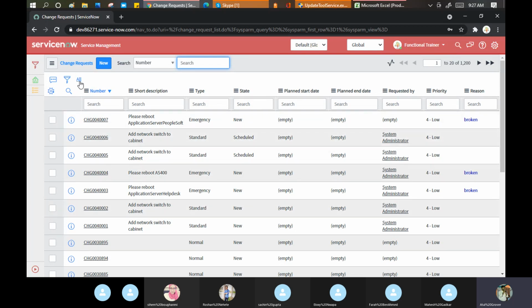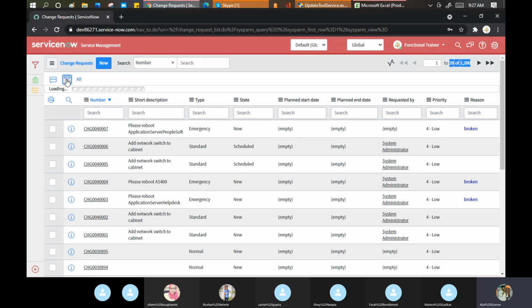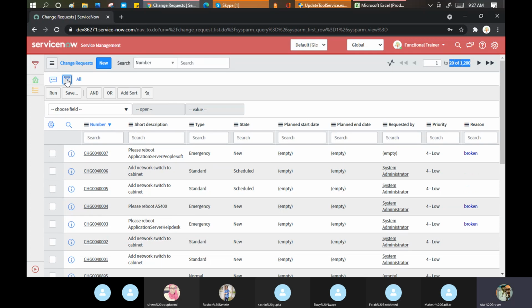So now what I did, I clicked on the all and I got 1200 records. So click on the funnel icon here. You don't need to write any kind of code here. Select star from, I'm talking about the SQL. You don't need to write select star from table name, last name, first name, roll number, where this. I just define my where condition here. Which value do you want to do the filtration on? I want to do the filtration on the priority. Okay, no problem. Priority here.